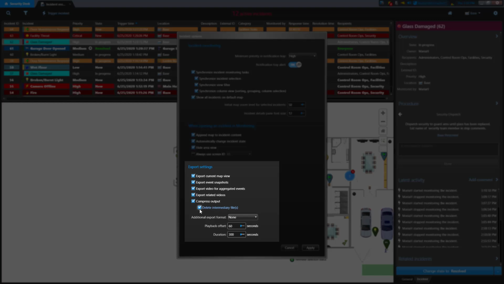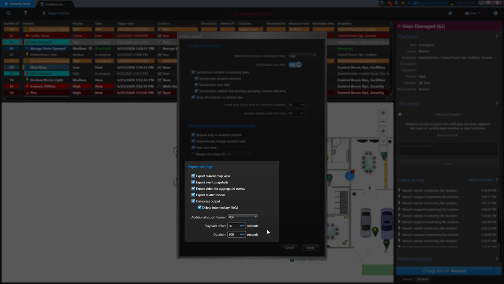When you export an incident, it creates a handy but not very readable XML file. Great for computers, not so great for humans. So you can also create a second file in either a PDF or HTML format using the Additional Export Format drop-down menu. PDF files are easy to distribute, and HTML files open up in web browsers. Both will show the same information. It's really up to you to decide which one you want to share.